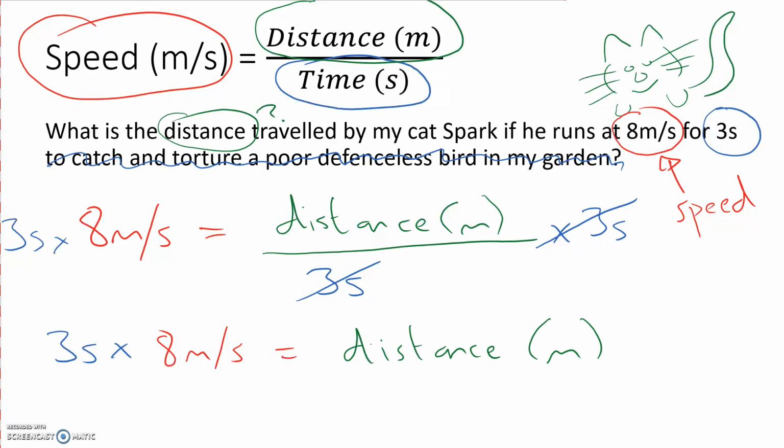So what's our distance in meters? Well, now we've got an equation that says our distance in meters is just 3 times 8. And I can do 3 times 8. I've got 24. Okay, now it sounds like our distance should be in